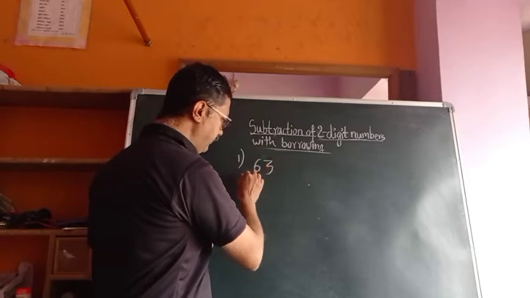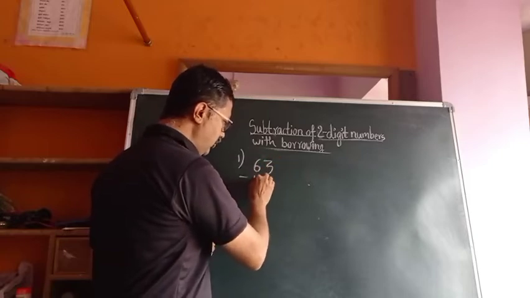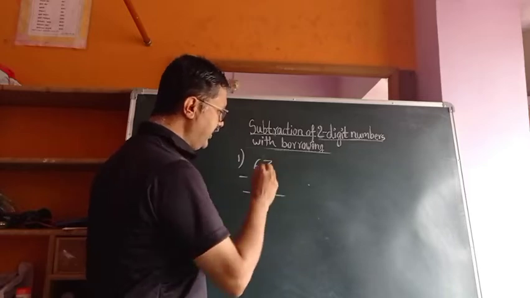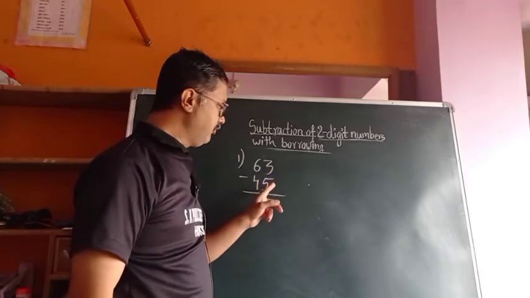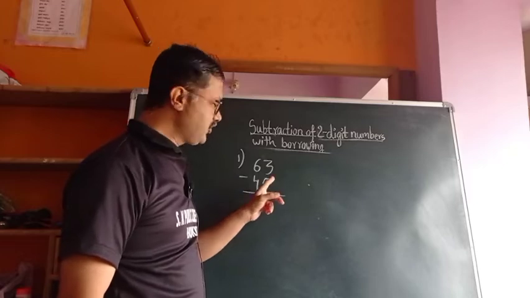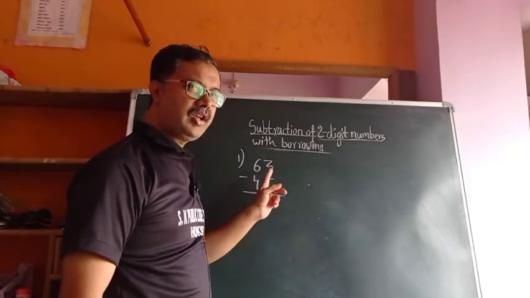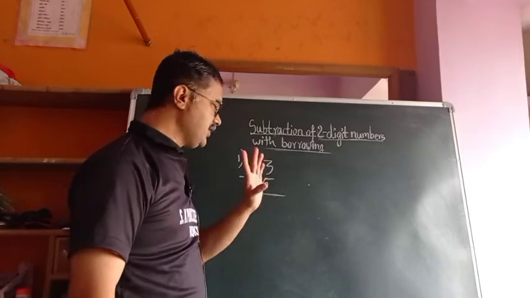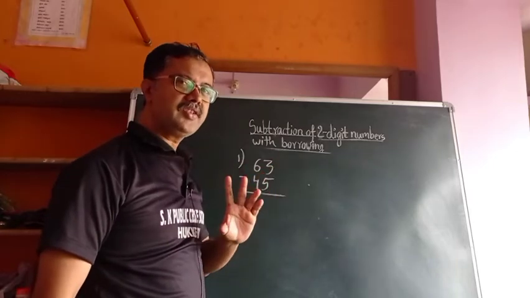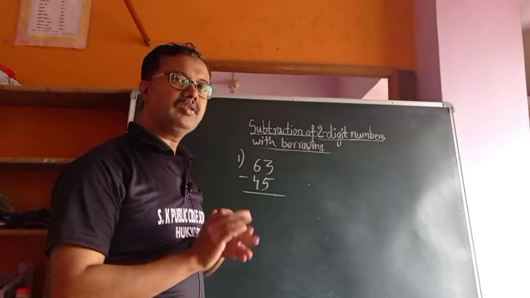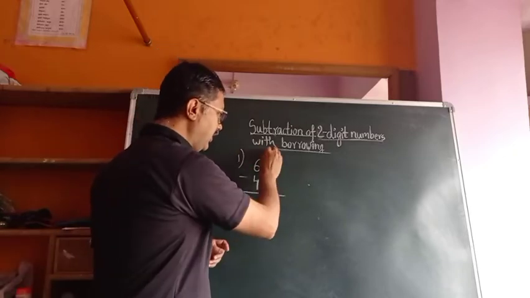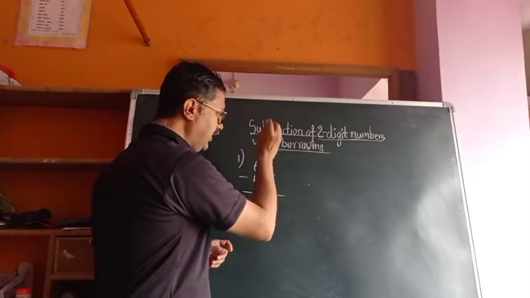Here 63 minus 45. The upside number is small compared to the downside number. Here down 5 is there, upside 3 is there, the upside number is small. Then what you have to do? Simple, strike out this number, write 13